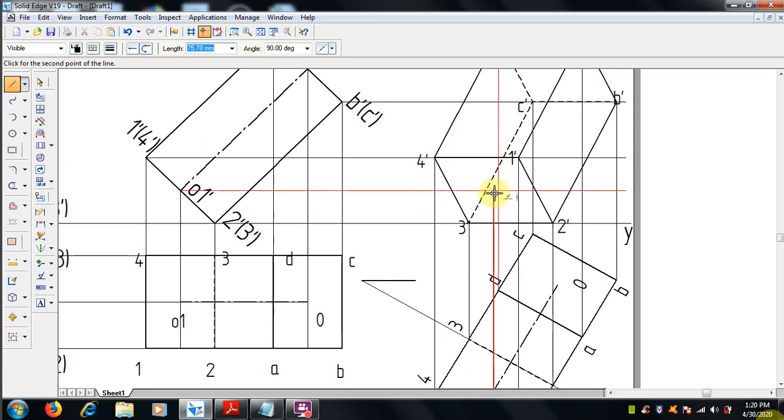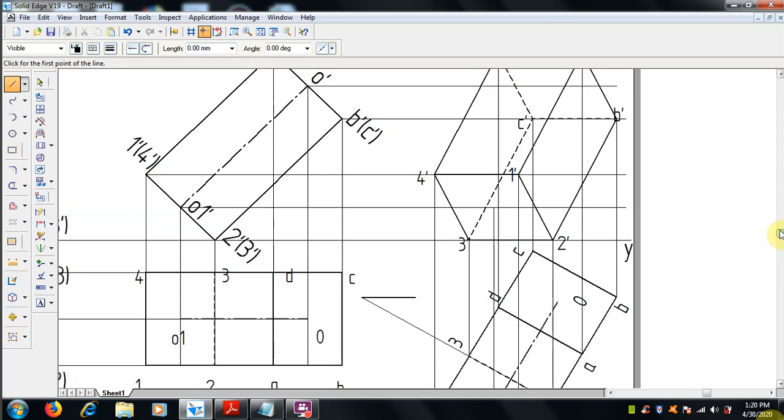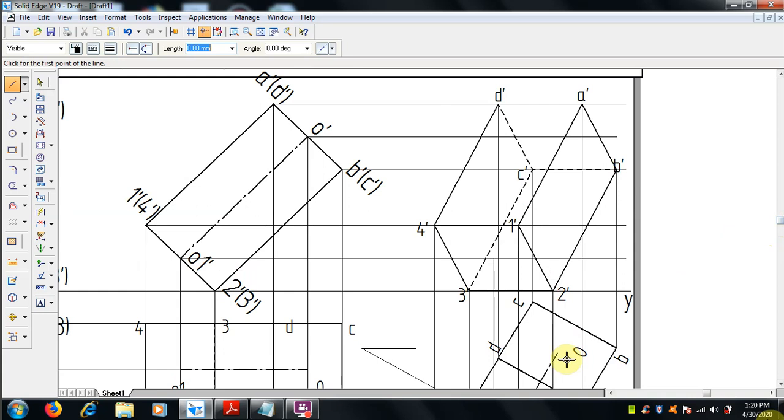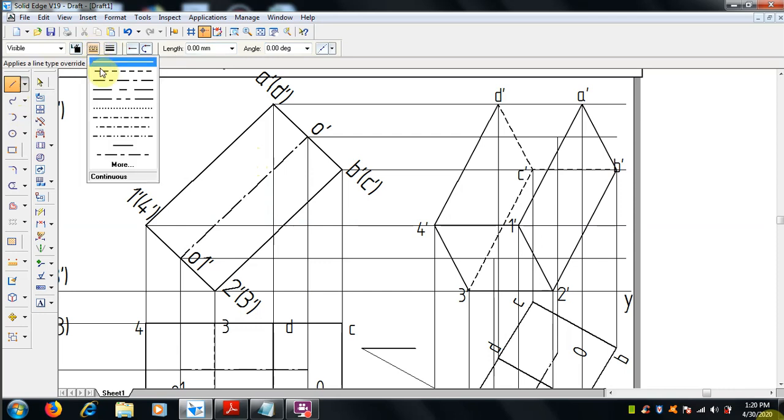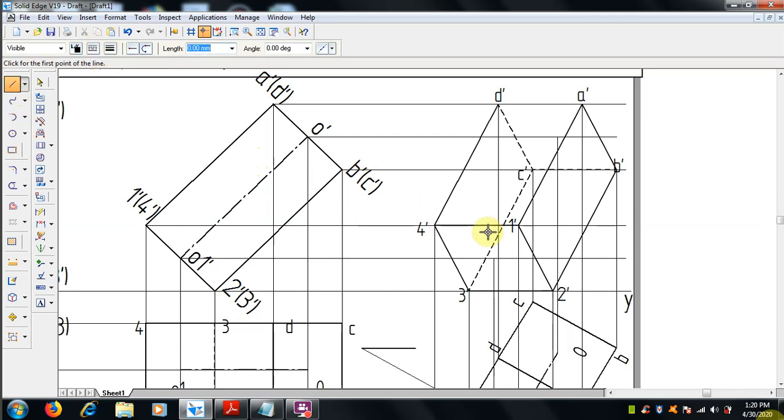Project this, and from O, there is a top edge of the axis, O dash, draw vertically, yeah, a vertical line. Now join these two end points with the center line.